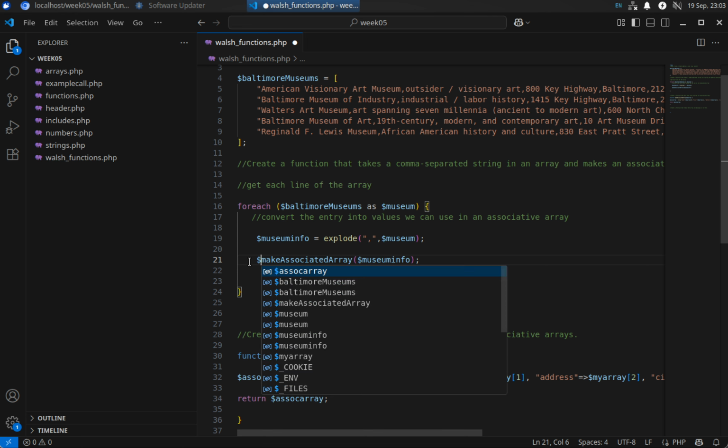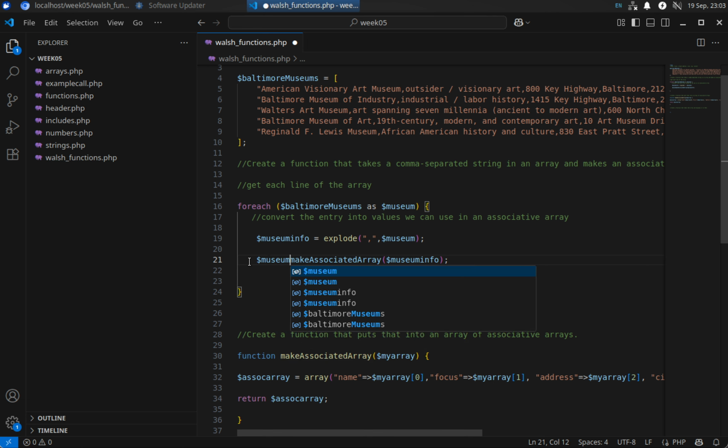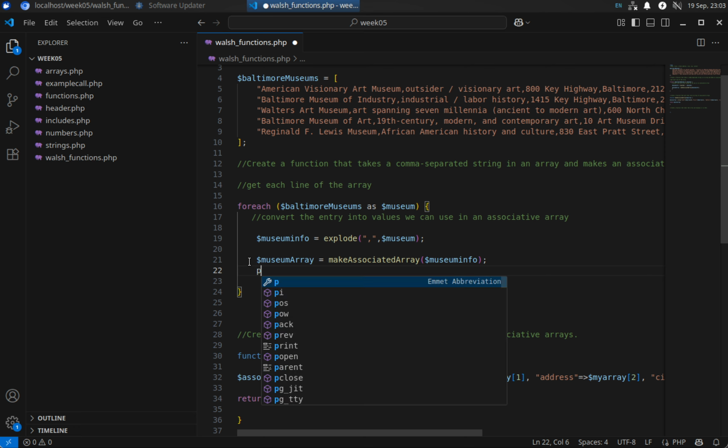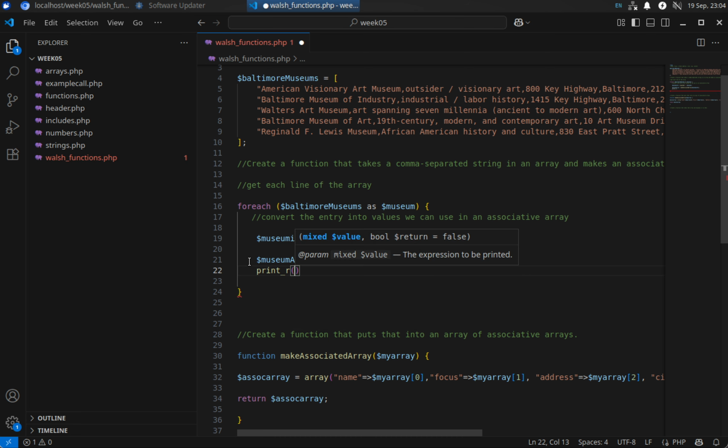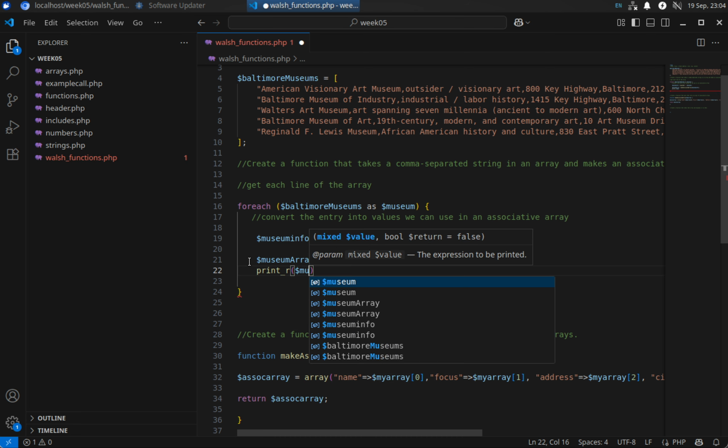So I'm going to say museum array equals make associative array museum info. Okay, and then if this works correctly, I should be able to print R